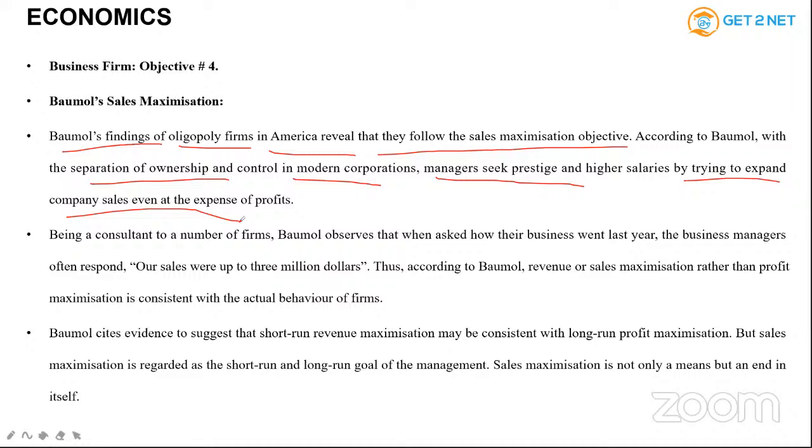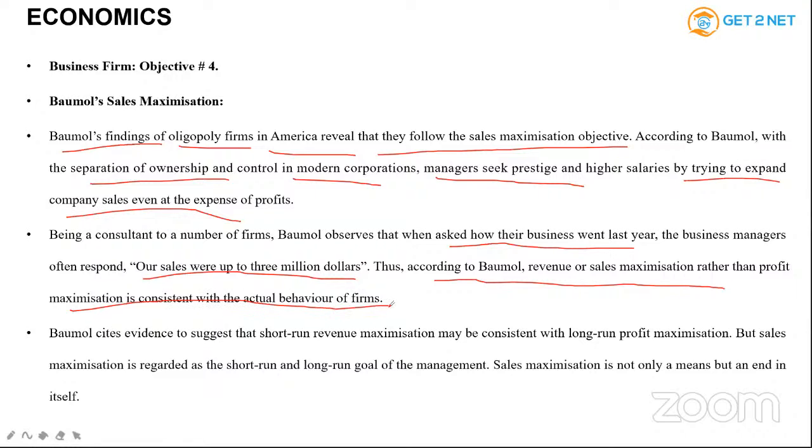So we cannot directly say this. So being a consultant, बॉमल खुद ही एक consultant थे बहुत to a large number of organizations. बॉमल ने बोले कि when asked how their business went last year, the business managers often respond, हमारा सेल्स तो 3 गुना ज्यादा हो गया. ओके, सो बॉमल इसीलिए बोले, कोई बोलता नहीं है प्रॉफिट 3 गुना हो गया, नहीं बोलते, हमेशा बोलते हैं सेल्स बढ़ गया है. So according to Baumol, revenue or sales maximization rather than profit maximization is consistent with the actual